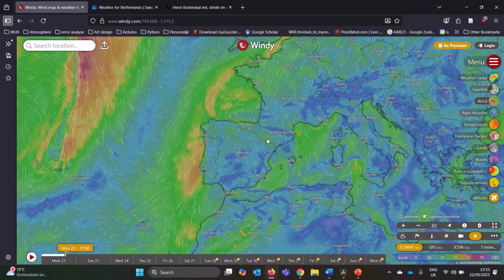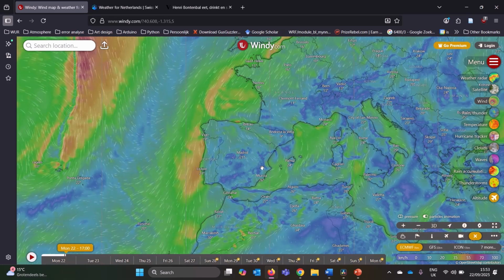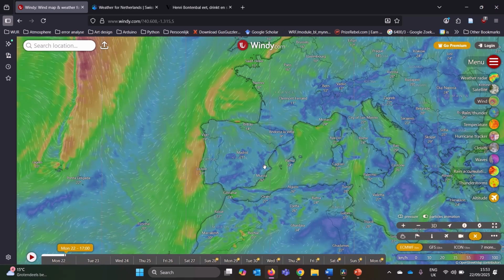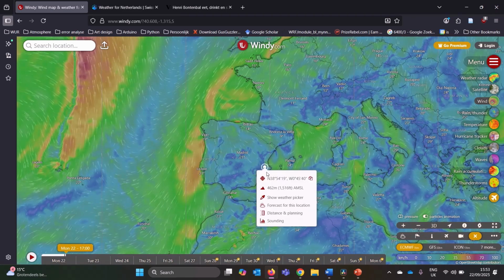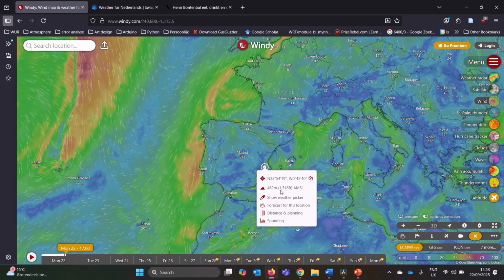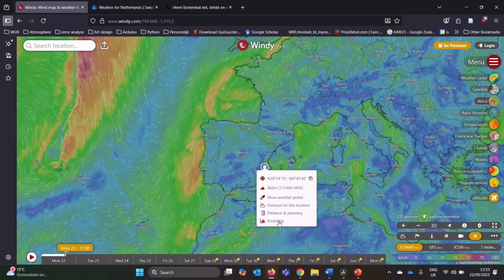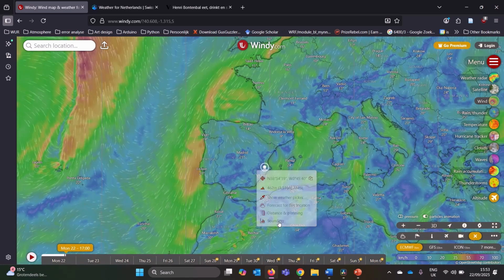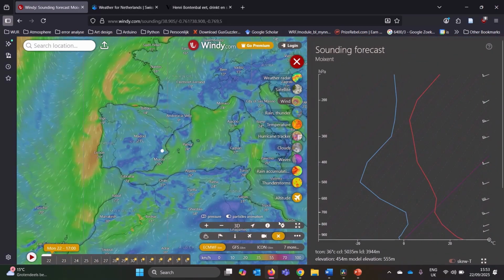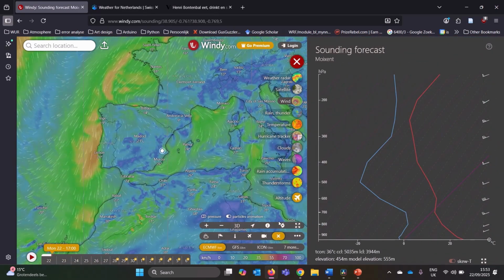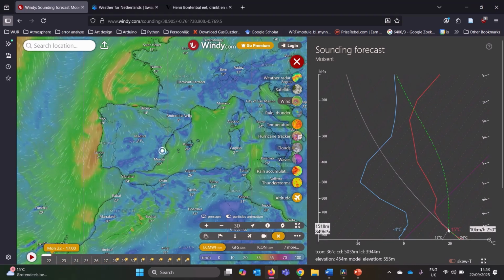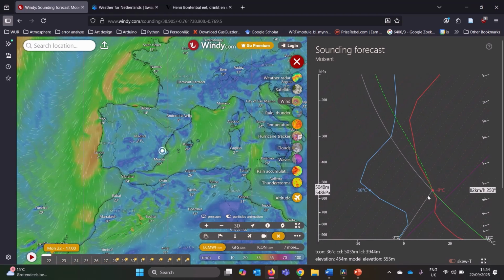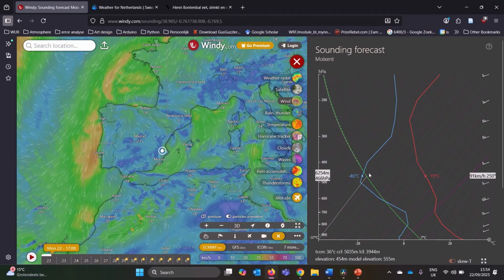And to do so, we will, for example, take a spot here on the coast of Spain in the region of Catalonia, and we push the right mouse button. When we do this, we get a menu. We see the location and its elevation, but most importantly, here we have a button to find the sounding. This will open a sounding on the right-hand side of our screen, where we have two main lines. We have the red line, which is the temperature line, and we have the blue line showing the dew point